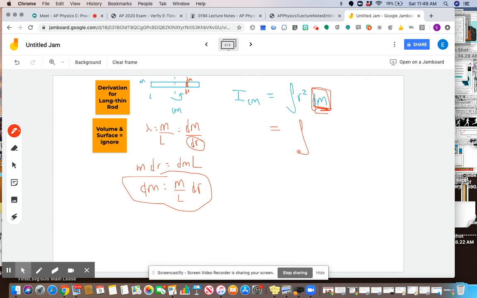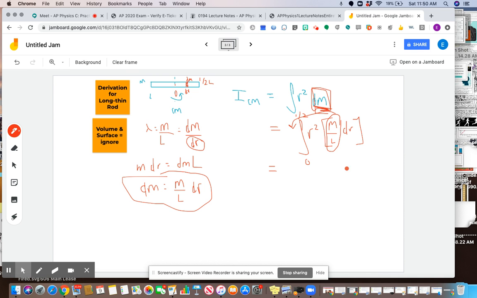So you have the integral of r squared. For dm, we're going to plug in m over L dr in its place. We know that the entire mass and the entire length of the rod will stay constant, so we're going to move that in front of the integral. We're technically going to integrate from this position of 0 to 1/2 L. So if our bounds of integration are from 0 to 1/2 L,